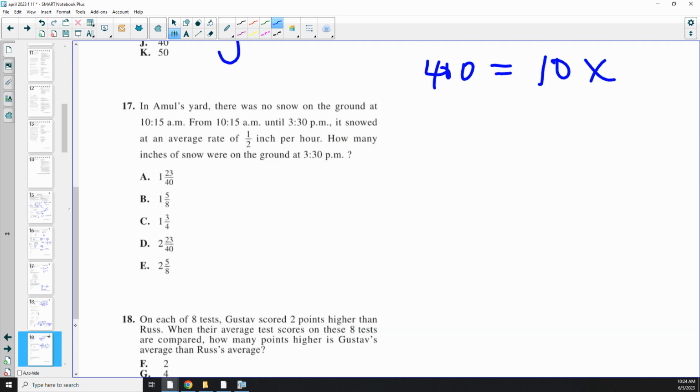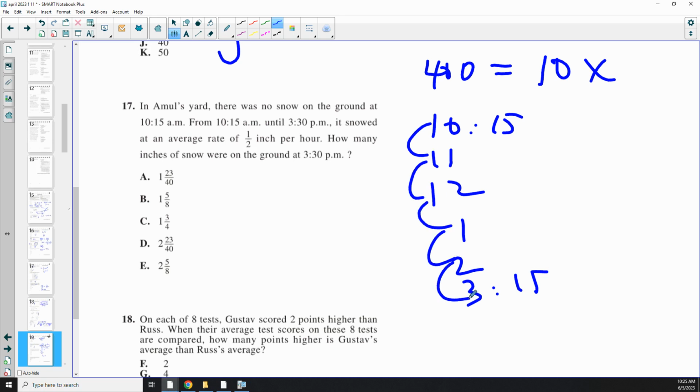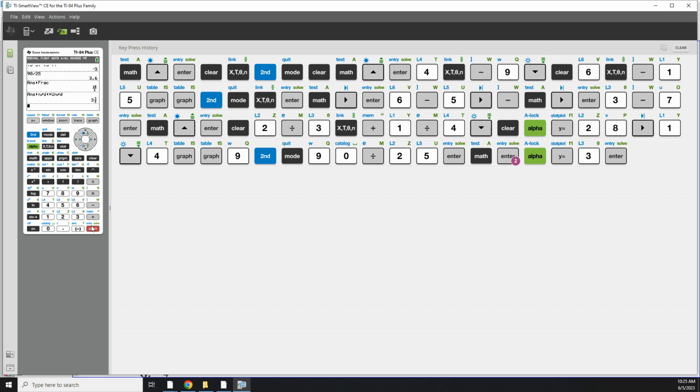A lot of people hate these with the counting of the time. I have no pride. 10:15 is when we start. 11, 12, 1, 2, 3:15 would be the passage of 1, 2, 3, 4, 5 hours and 15 more minutes. So we have 5¼ hours, 5 hours and 15 minutes, with it snowing at the rate of 1/2 per hour. So that would be 5 1/4, or